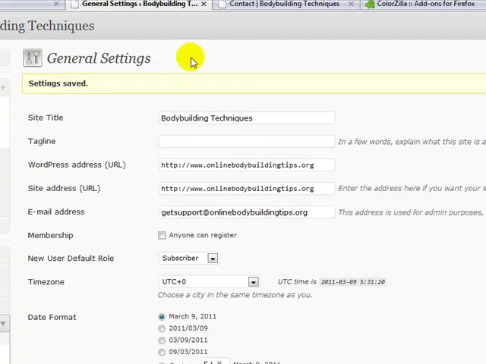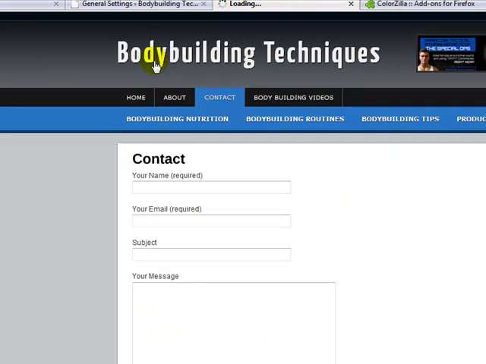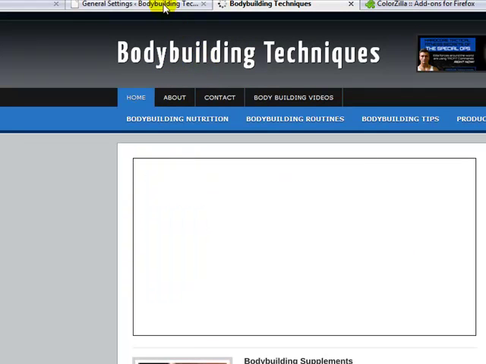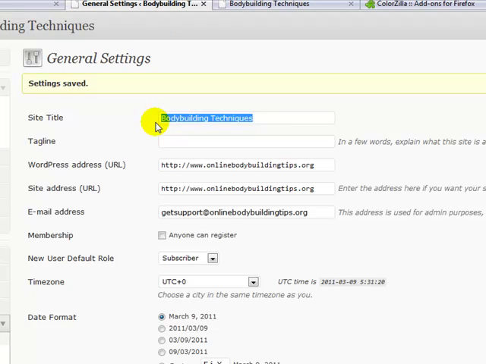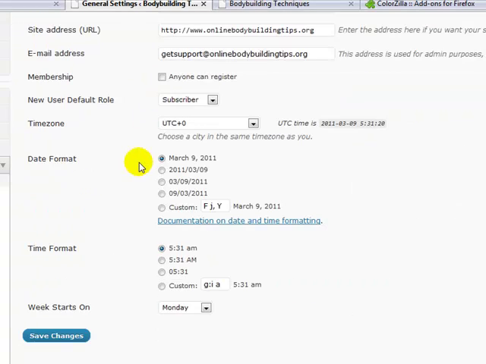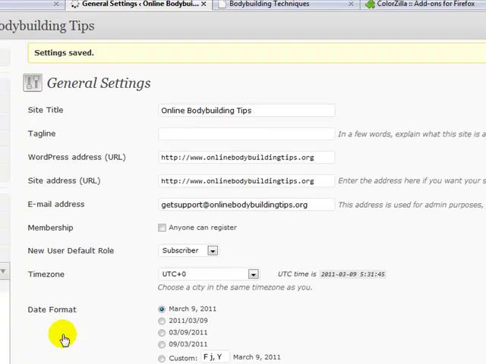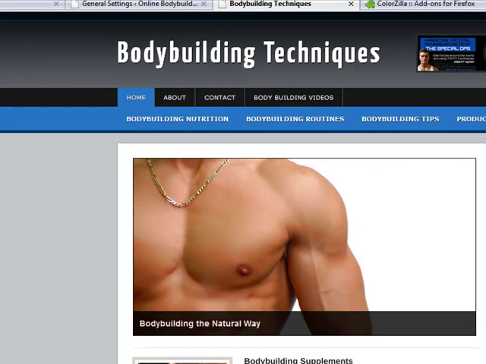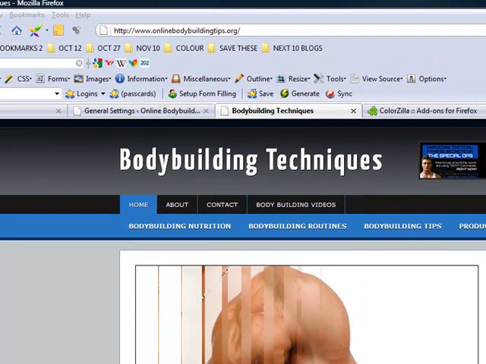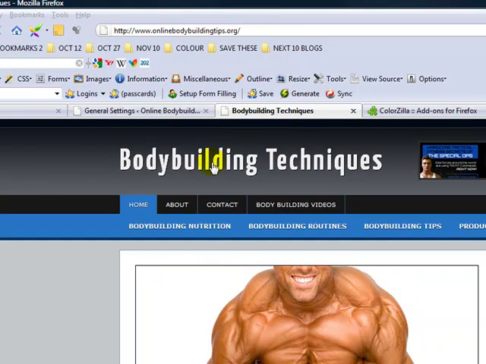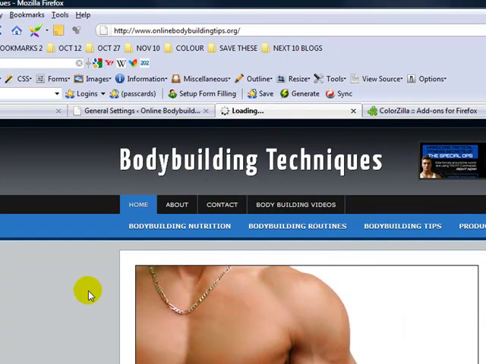Right. Now while we're here, if you want to, I assume everybody's going to have a different name for their different blogs. So I might want to call this Online Bodybuilding Tips. Okay. And then save changes. And of course you'll want to just move this up here. You want to look at this. You want to refresh this page, obviously. So you can just click that and see how the new